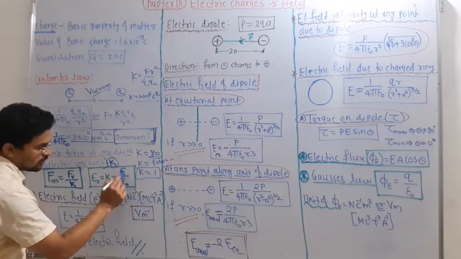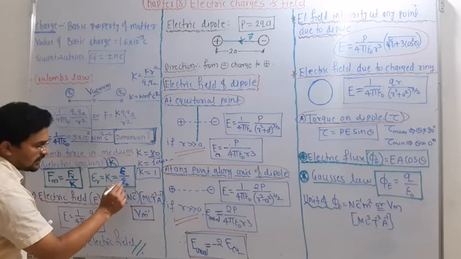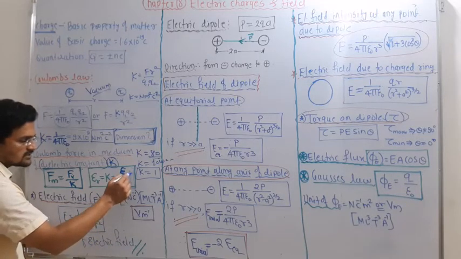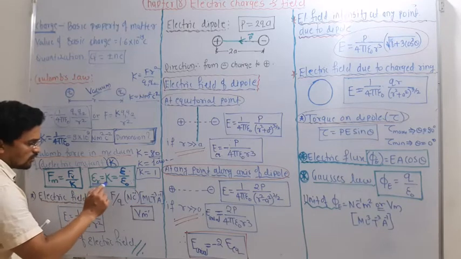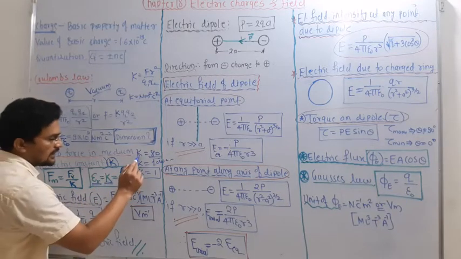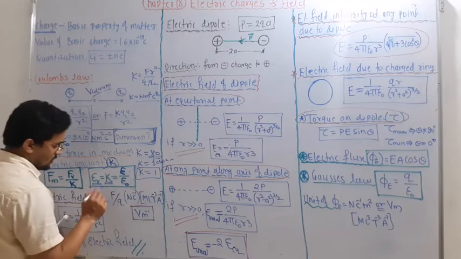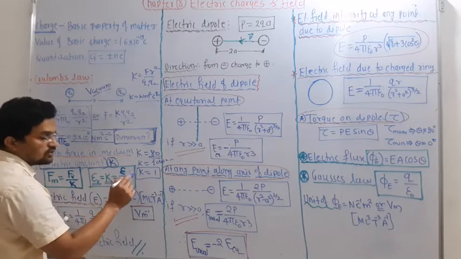It is also given by the permittivity of the medium divided by the permittivity of free space. Both have the same unit, hence they cancel out. Hence epsilon r, or k, is the relative permittivity, also called the dielectric constant. Since it is a ratio, it is a unitless quantity.